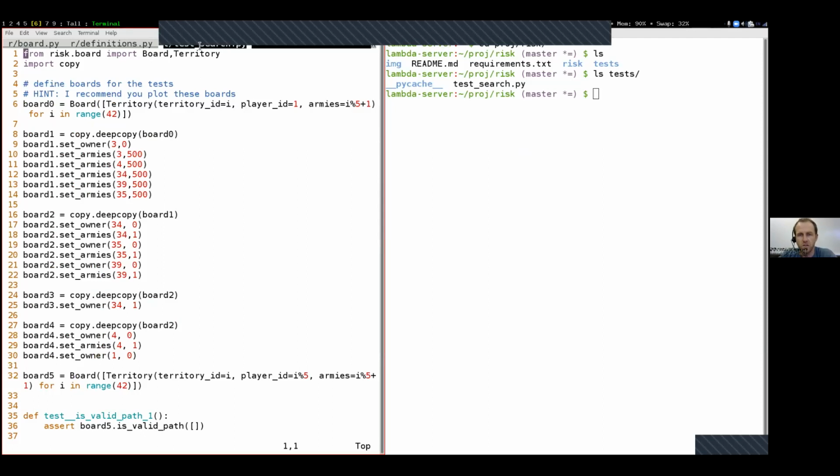Inside of the test_search.py file right here, we've got a bunch of these board variables being defined. These are going to be the most important thing to understand for our test cases. So that's what we'll start with. On the right-hand side, I'm going to open up interactive Python, and we will see what we can do with